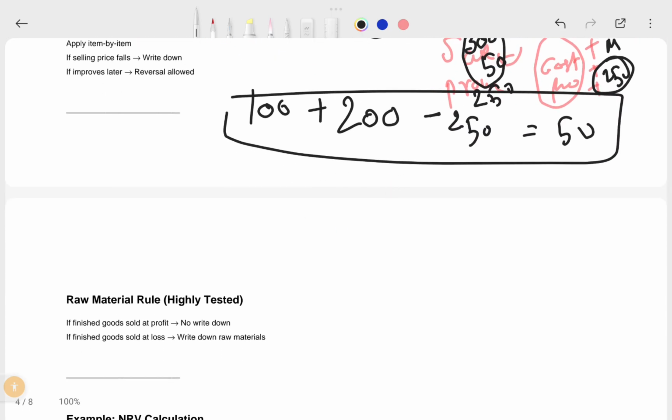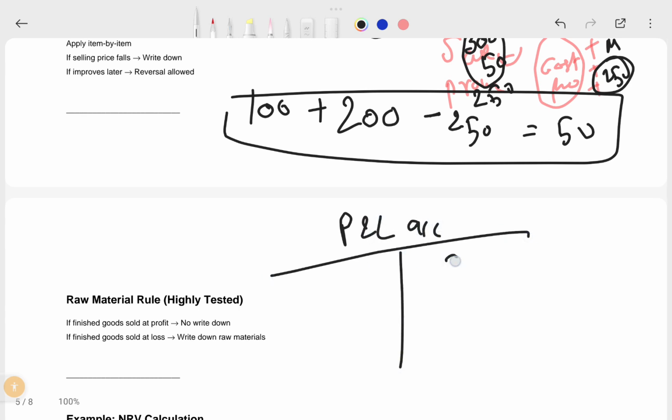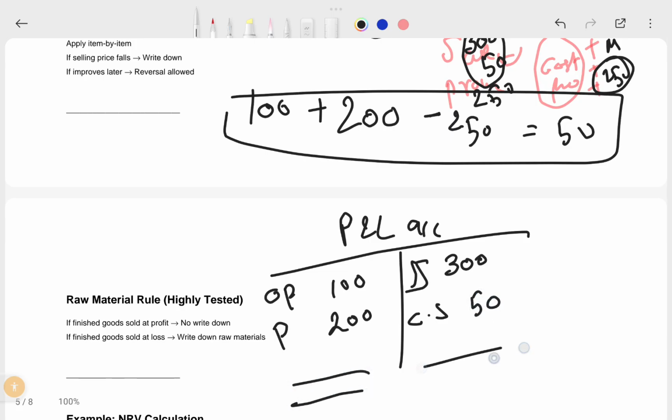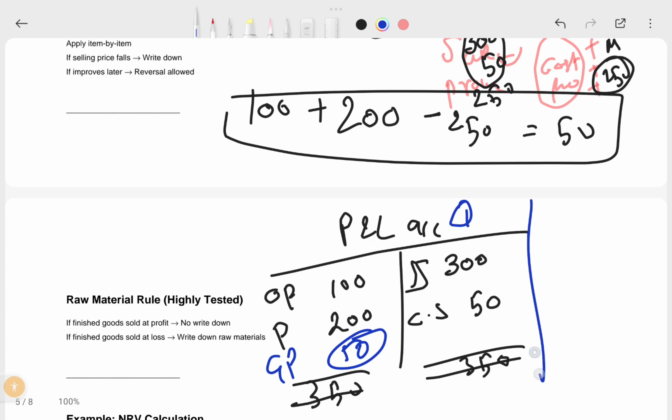In this case, if you see the P&L account, your sales are 300, your opening stock is 100, your purchases are 200, and the closing stock is 50. So what is the gross profit? 350 on both sides, so your gross profit is 50. In this situation, say this is year 1. In year 2,